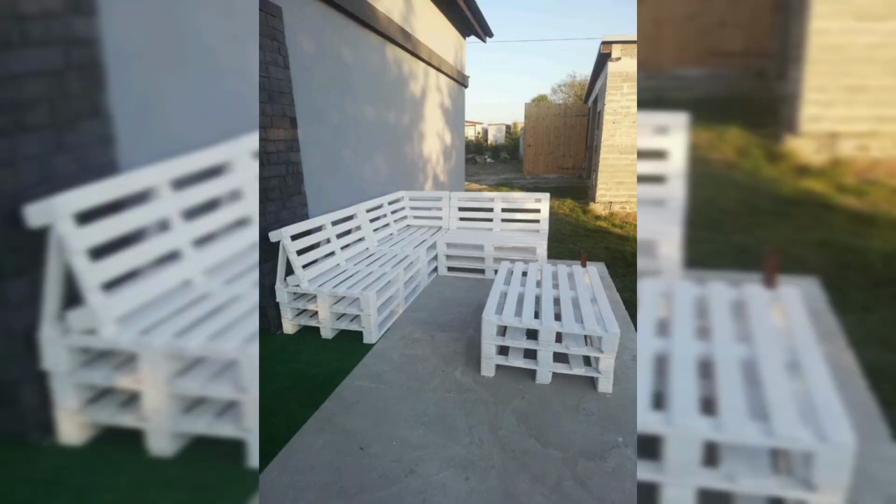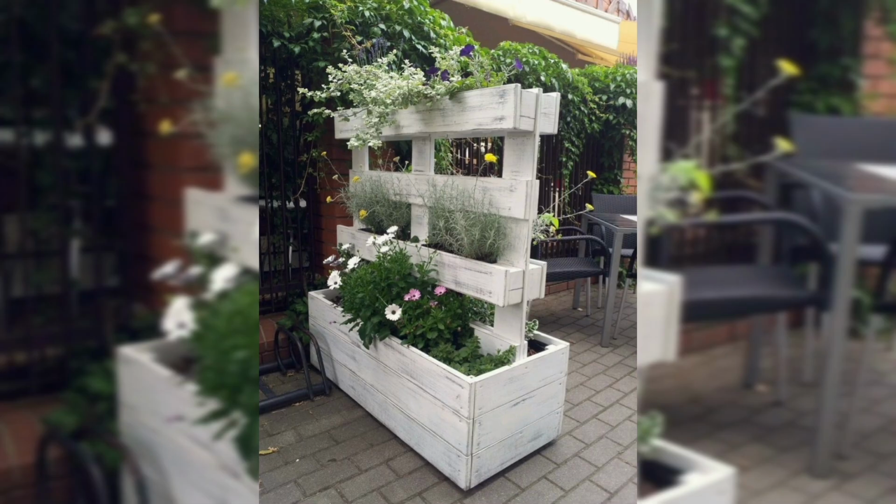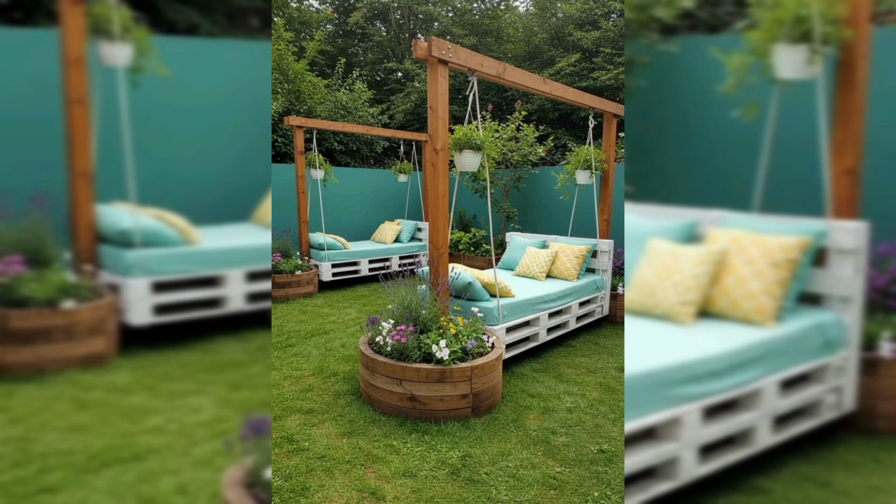Versatile, balancing function and style when transformed into gardening furniture. If you are looking to enhance your outdoor space with personality,